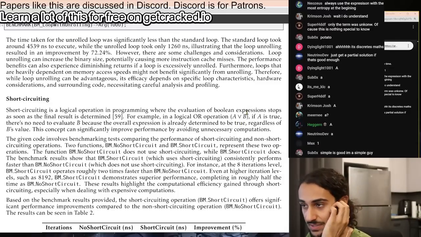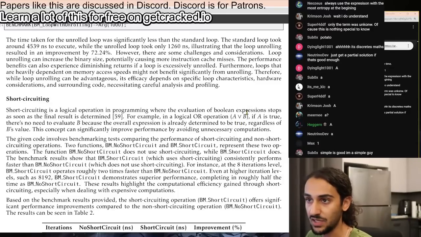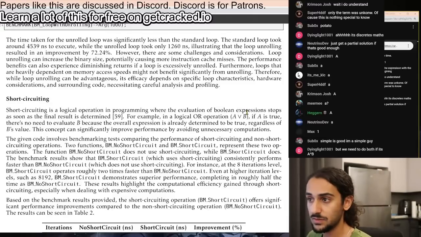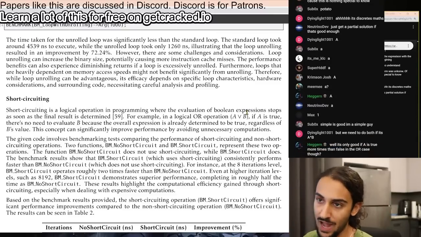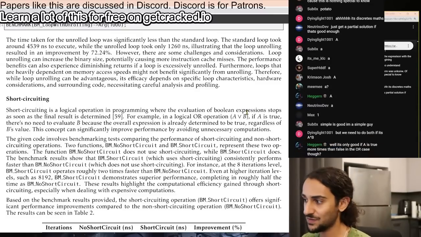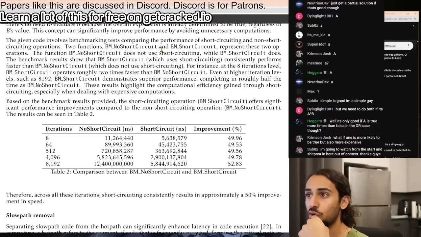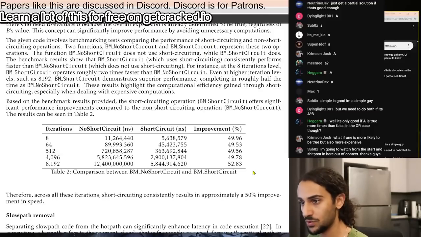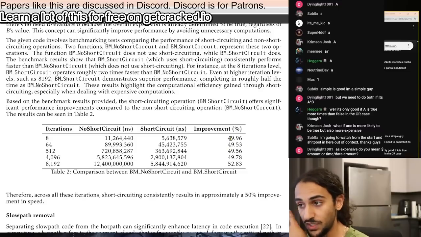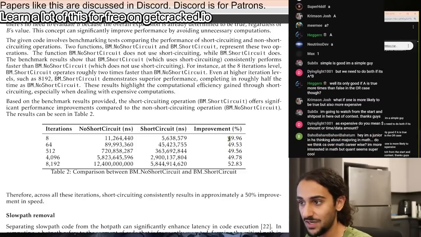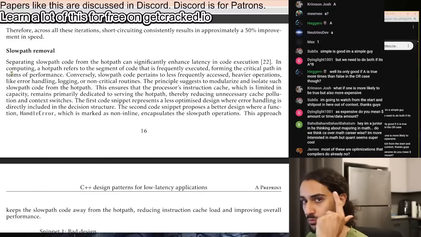Because in the AND case, it's very similar. We have A and B. If A is false, then we don't care if B is true, because false and true is false. So I can skip evaluating B if A is false. They did a no short circuiting and a short circuiting effectively. So either you do A or B, or you do both. You need to check both in the non-short circuit case. So as you can see, if you only need to do one, you eliminate the other, you effectively cut down the time by half.